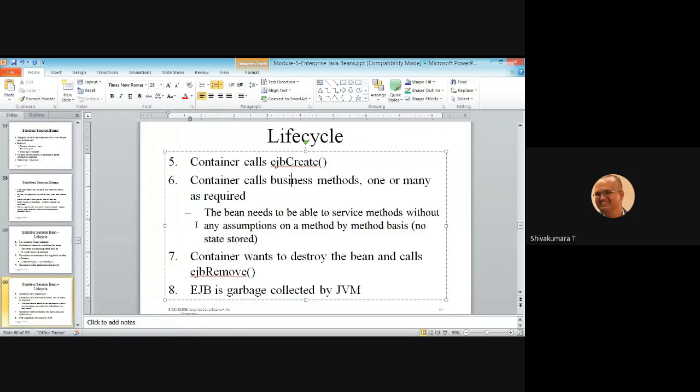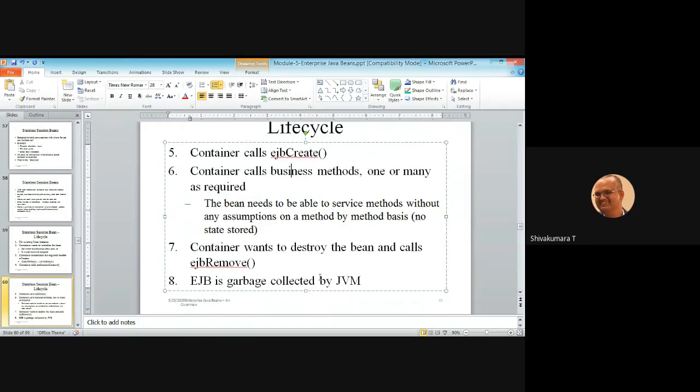The seventh stage is that the container wants to destroy the bean and calls the ejbRemove method. Once the process is complete and the request is responded to, the container calls the destroy method, here called ejbRemove. And finally, the EJB is garbage collected by the Java virtual machine.